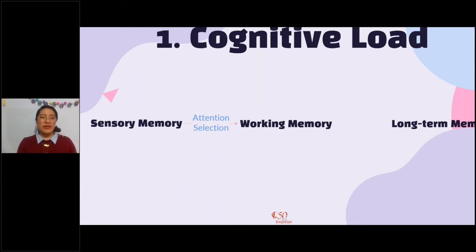Now, the sensory memory, that's when we select attention, right? That helps us select the information that will go to the working memory. And this one is typically focused in two different channels, the visual and pictorial channel and the verbal and auditory channel. Now, what do we mean by this? We are doing dual coding. It is not the same, and probably you have seen this somewhere else.